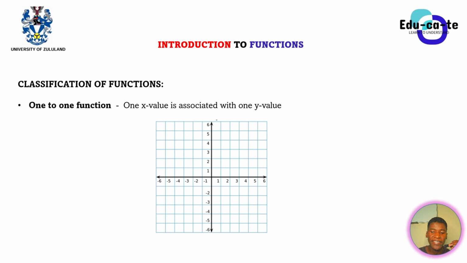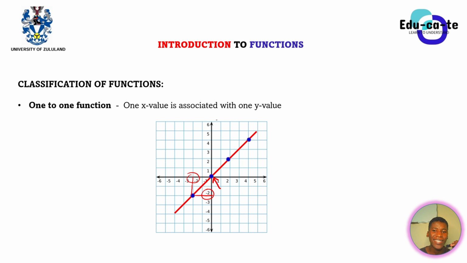So for example, you can see that if we plot here, this blue point here, it is linking to x equals -2, and on the y-axis, it is linking to something like -2 as well. So this blue dot here, which is the coordinate which relates the x value of -2 and the y value of -2, it is only one x value with only one y value. We can do the same here, 0, 0, this point here. It links an x value of 0 and a y value of 0. Continuously, we can do that, and we can plot a graph from it.